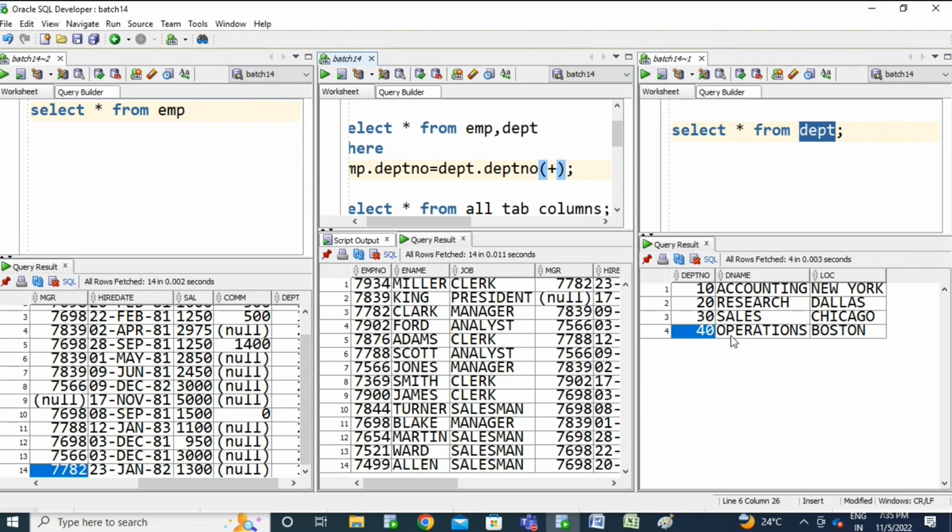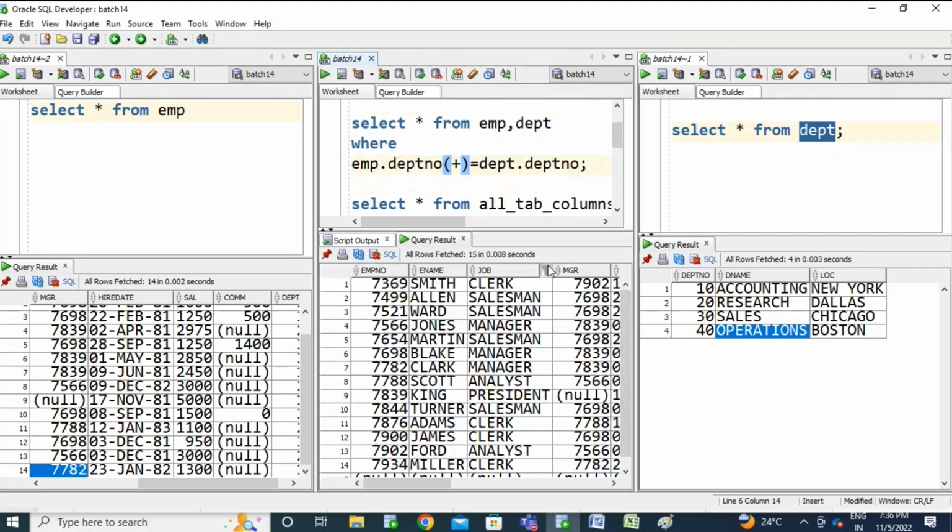You may have some extra records from the right side table. If you want to retrieve those right side records, use the right outer join. Simply remove this plus symbol and move it to the left side.